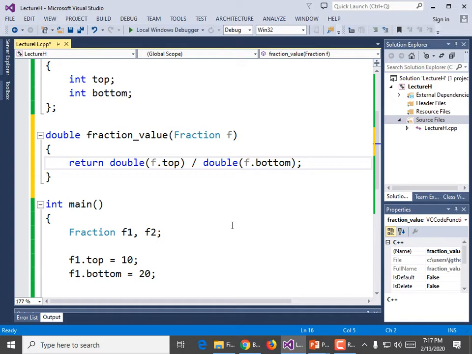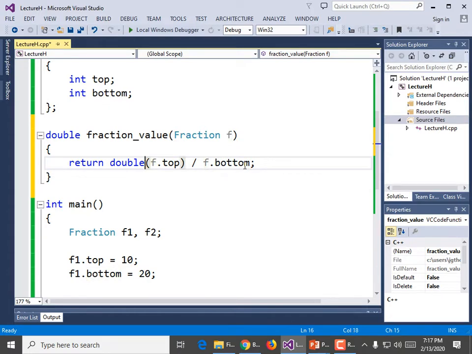Quick question. Yes, sir. So we were talking about casting. Since we're doing the casting, can you just cast one of them? Exactly. This was overkill. I did not need to cast them both because to prevent integer division, only one of them needed to be a double. The reason I did both of them, and I'm really glad you called me out on it, is because if I'd written this,